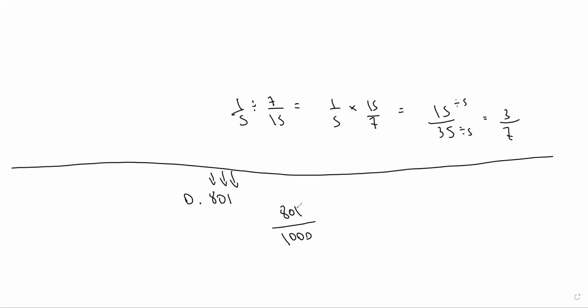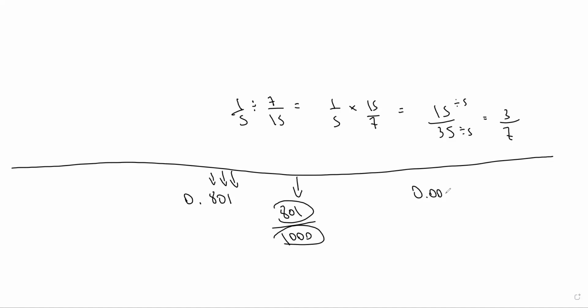So make sure that when you write it on the top, you don't write the original number, you have to just write the digits. The dividing by 1000 part already takes care of everything else. So you don't need the top part to be an actual decimal number. And that is how you do these in general.